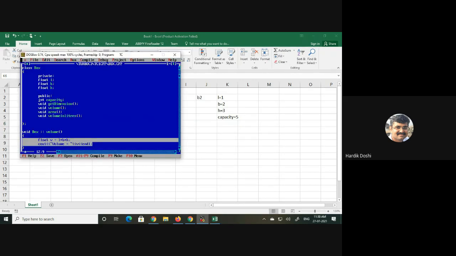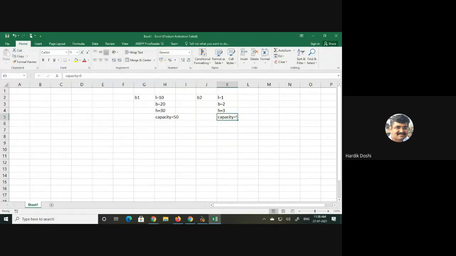But as I have made this static, now with respect to objects, no separate memory will be allocated for static. Only this capacity will be single now.